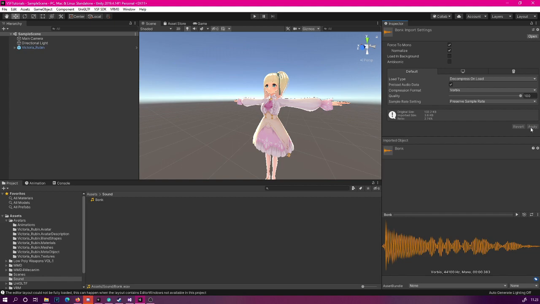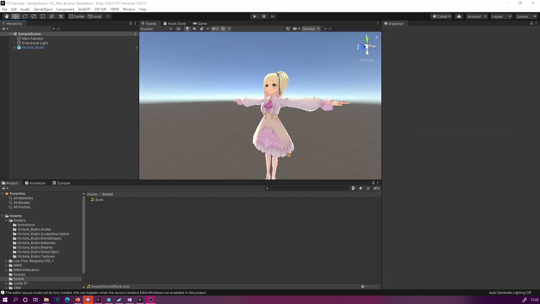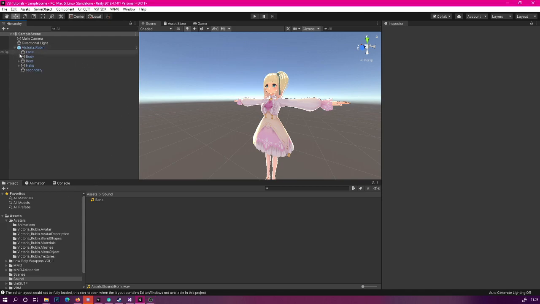Okay, so the next step is to create an animation that actually uses an audio file. To do this, we're going to need to add a new audio source to the scene. Since we're going to make a bonking hammer, I think we're going to add the sound effect to the avatar's head. So let's open up the structure all the way to our character's head bone.